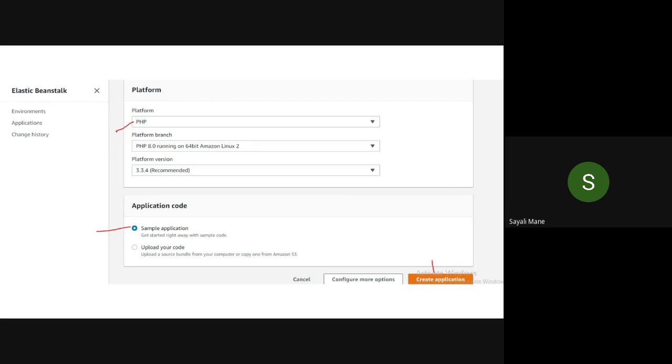Just let me know once you're done taking the screenshot and save it in a folder. Give the folder name as experiment 2 and then save it sequence-wise, like capture 1 or experiment 2, something like that. Application name, this one, and platform and application code. So just simply highlight the platform also. Just let me know once you have finished this.